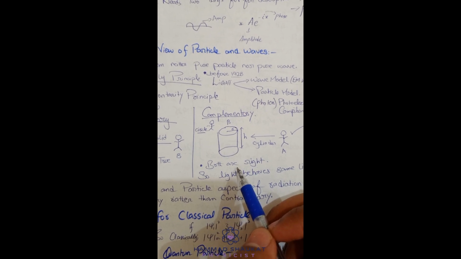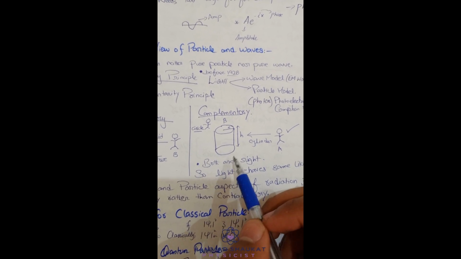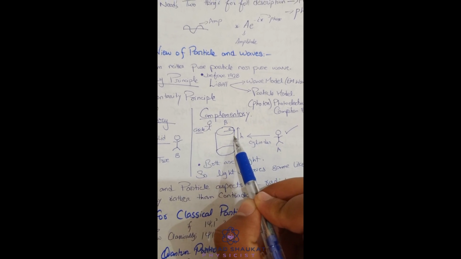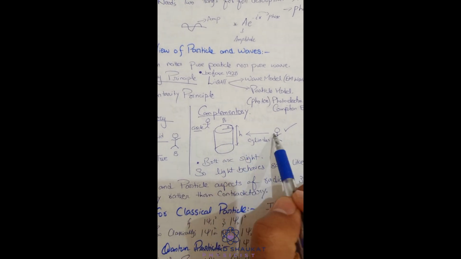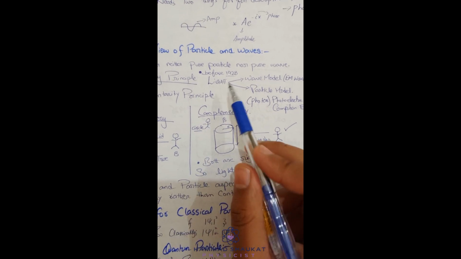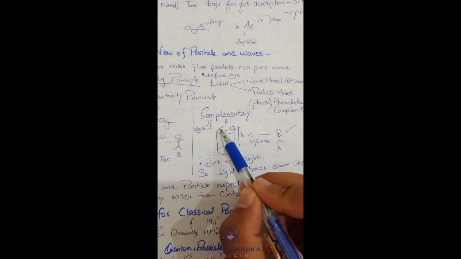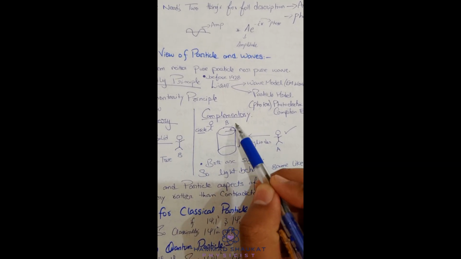How is that possible? Yes, this is possible because both are watching this cylinder from different aspects. One is watching from the side and the other from above. He saw this cylinder as circular in shape with a radius r, and the right-side person watched this cylinder from the side with a height h. So both are correct. The only reason is they are watching this cylinder from their own aspects.